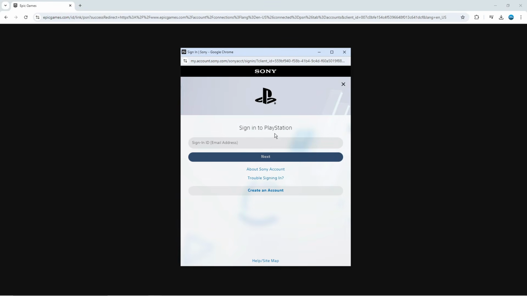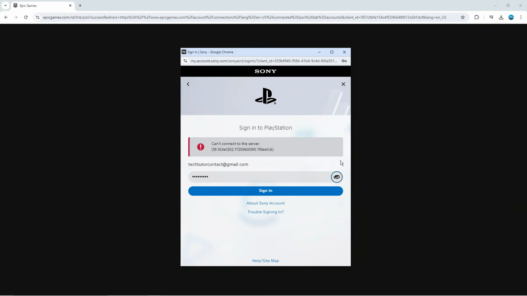Then it's going to take you to this screen, and what you're going to do is sign in to your PlayStation Network account. So at the moment it looks like there's a problem with the PlayStation Network servers. I've tried to log in but it's saying can't connect to the server,